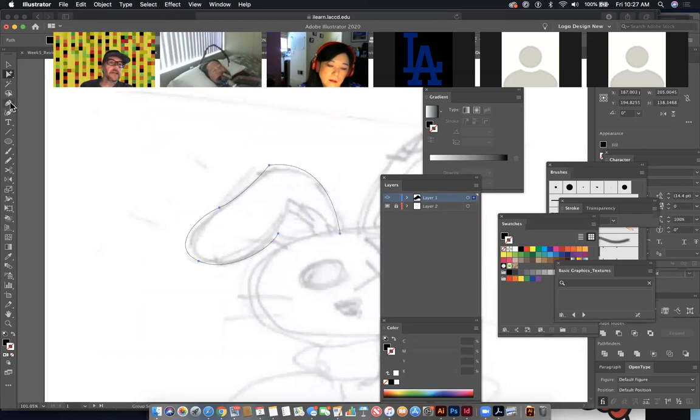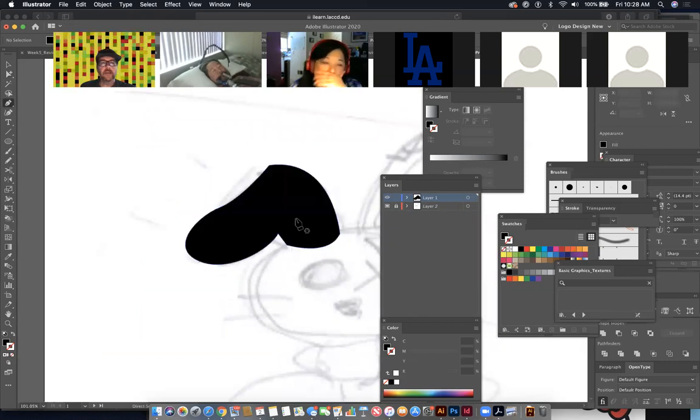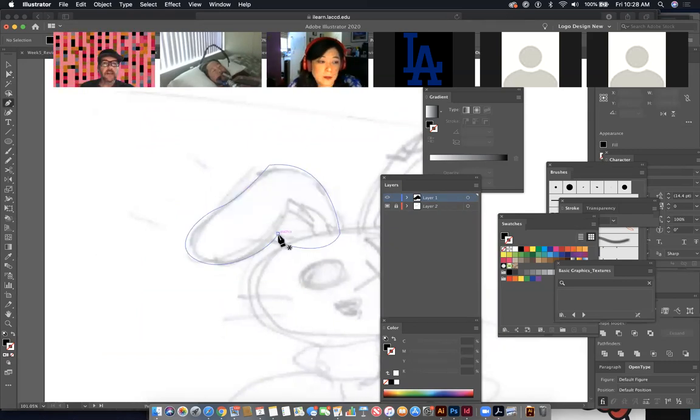So your ear looks like it comes down maybe around about here. And then this would probably go behind the head. So we'll just round this off a little bit. Okay, so for this, what we could do is at this point right here where you want to show the inside of the ear, we could have another shape like this. And if we go outside the shape like that,